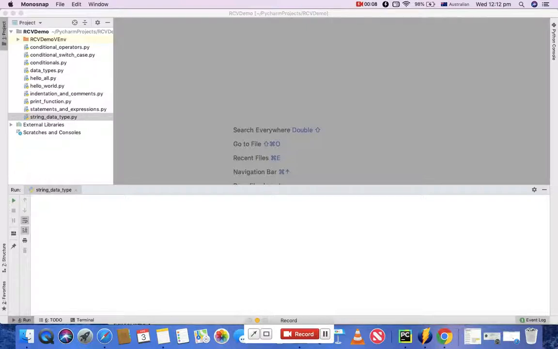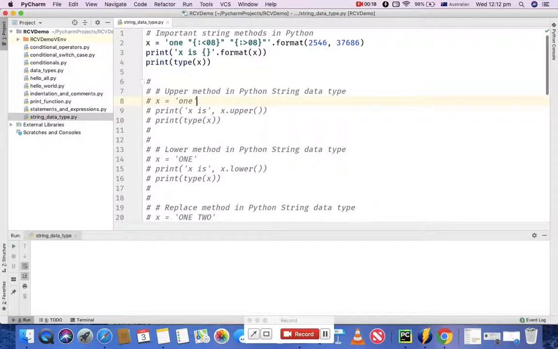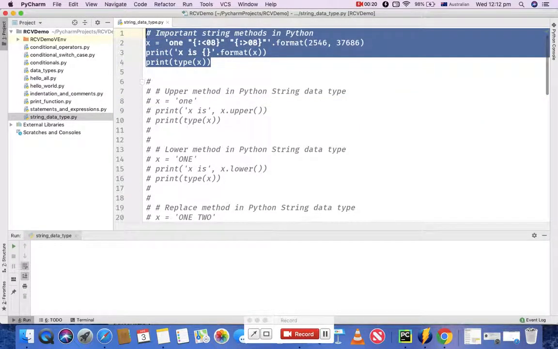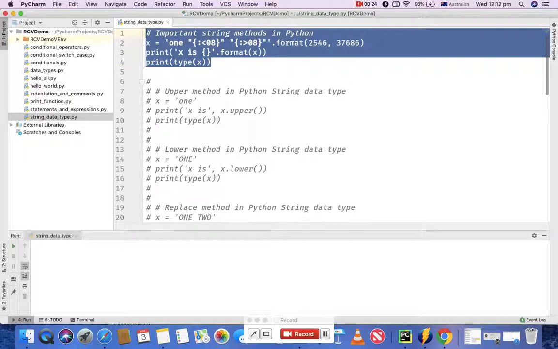In this tutorial, I'm going to talk more about string data type in Python. So I'll open string data type file which I created already, and as you can see, the first section of this file has already been covered in previous tutorial. So I'll comment it out